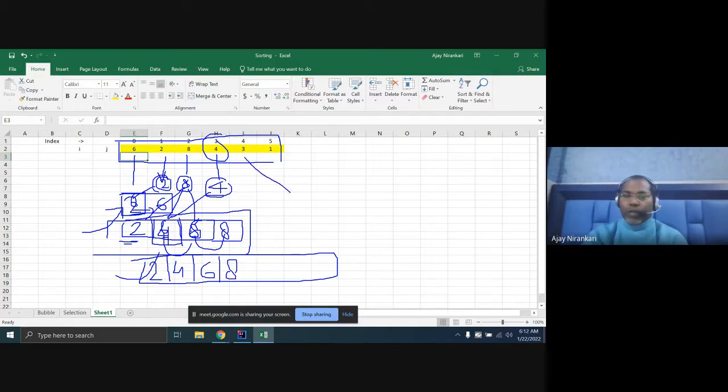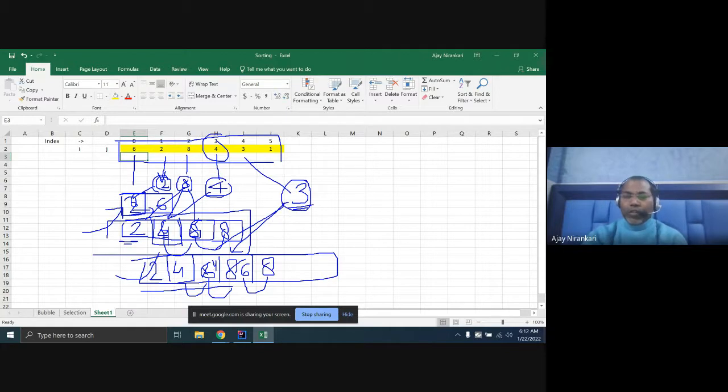Now again you pick the next element, which is three. You have to decide where in this sorted array three is going to be inserted. First we start again from the last number. Is three greater than or less than eight? Three is less than, so eight must be moved to this place. Then three is checked against six. Six is again greater, so you move it here. Then you check three with four. Four is greater, so you move four here.